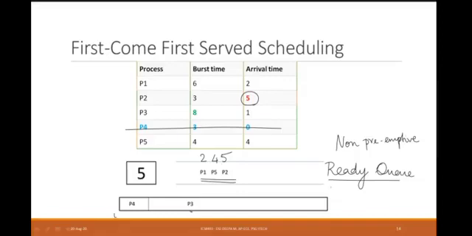The only thing that you are going to be concerned with will be your Gantt chart. So I have put in 0, 3, and at time 11, P3 will complete execution. So this together will be how many units? 8 units. This is your 8. At time 11, this will happen. After this, what will happen? Can you finish it off?